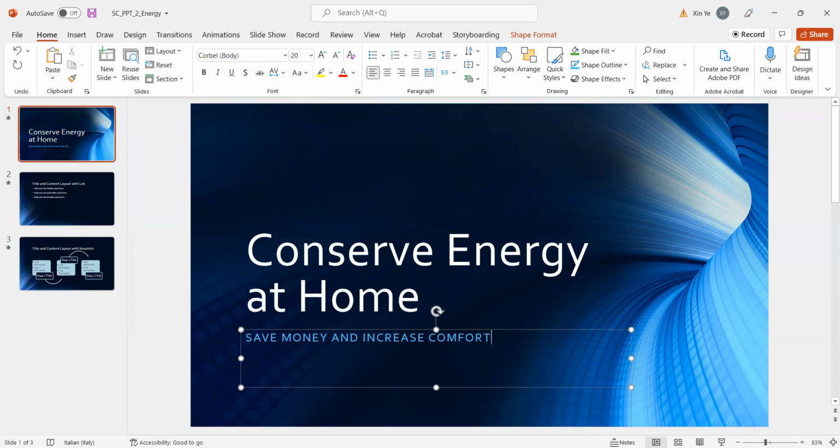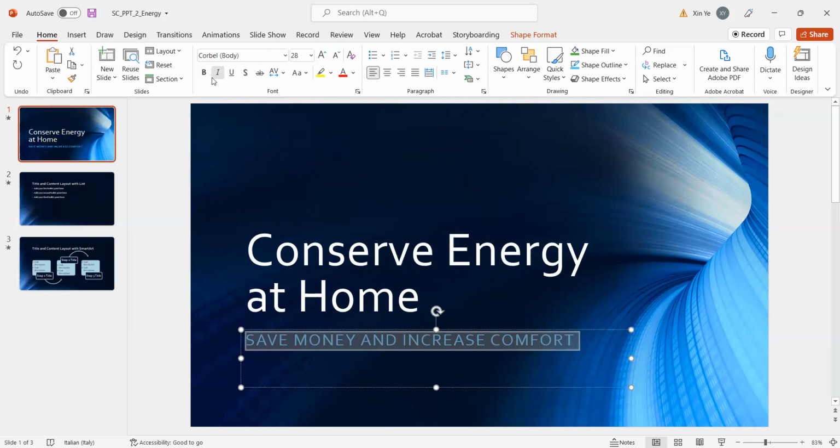So increase the font size. After you change the subtitle, you want to increase the font size to 28. So that's what we do. Then you bold it. Click B to bold it. Sorry, not this, bold it. So after I change the size from the original size 20 to 28 and bold it, the next step is